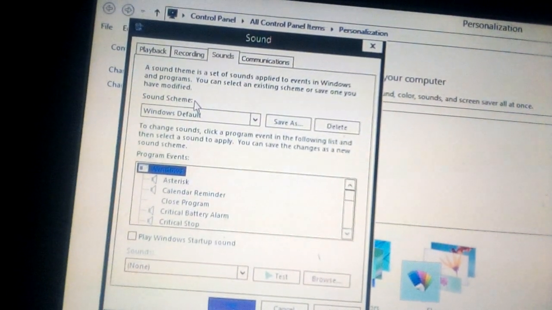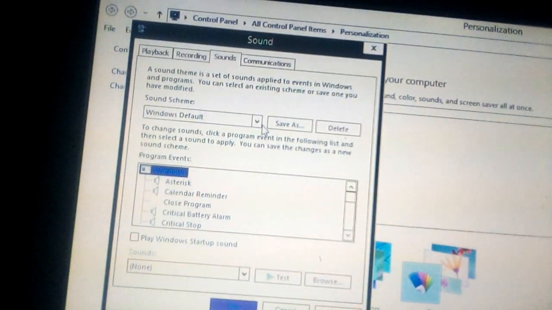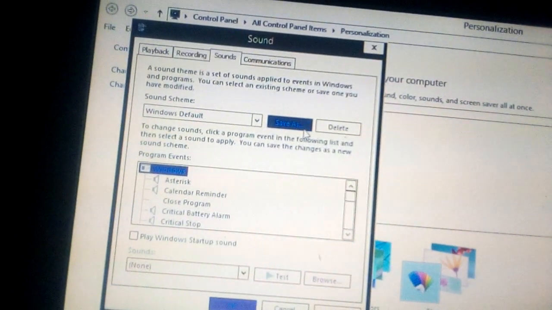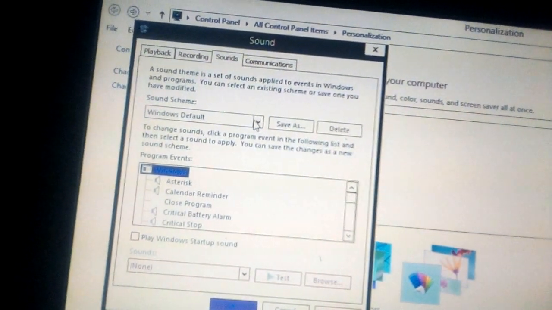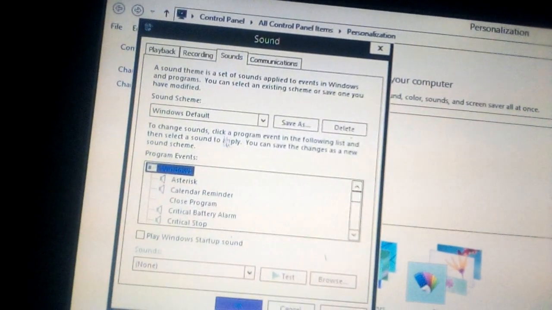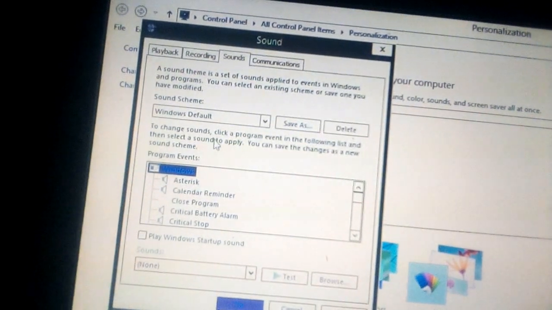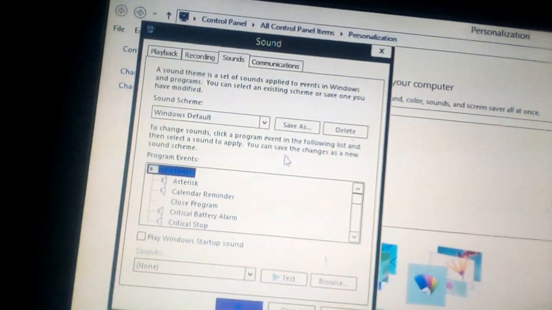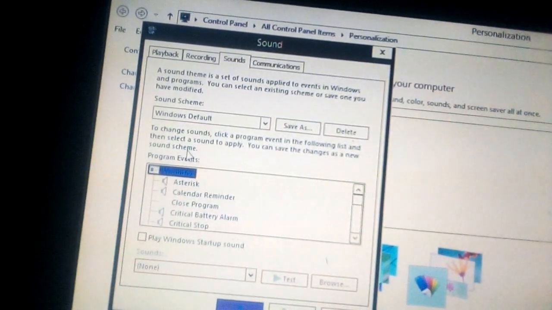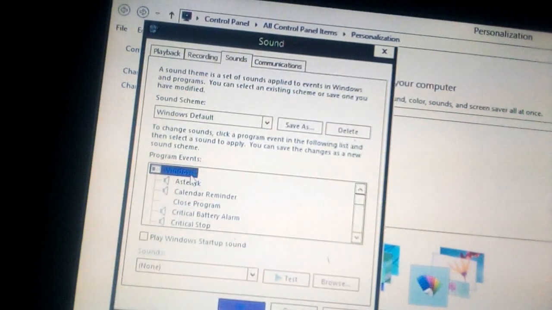Sound scheme, Windows default, save as, delete, or whatever you want. To change sounds, click a program event in the following list and then select a sound to apply. You can save the changes as a new sound scheme. Program event, here it is written.